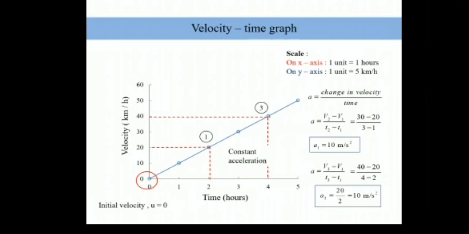If the acceleration is constant, that means every time we are increasing the speed of our vehicle by the same amount, as you can see here. The first time the velocity increase was 10, the second time again we increased it by 10, the third time by 10, the fourth time by the same amount. So when we increase the speed of the vehicle by the same velocity every unit of time, the acceleration is always constant. If the acceleration is constant, then the velocity-time graph is a straight line.